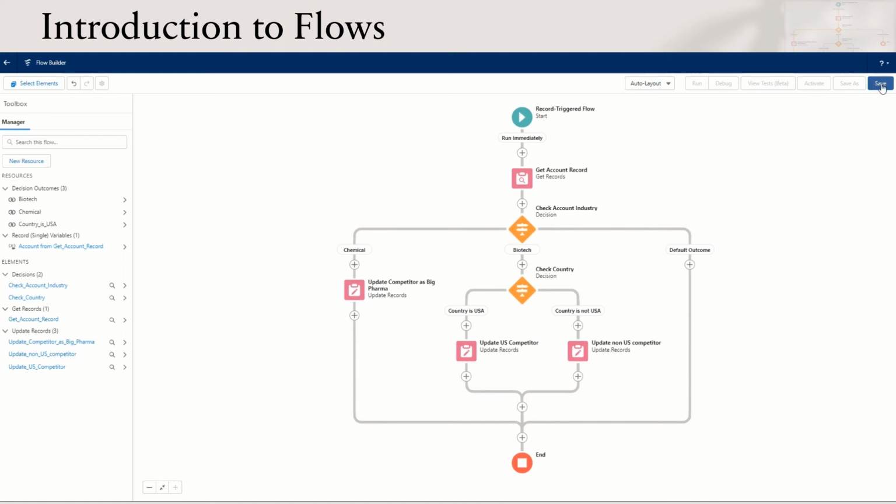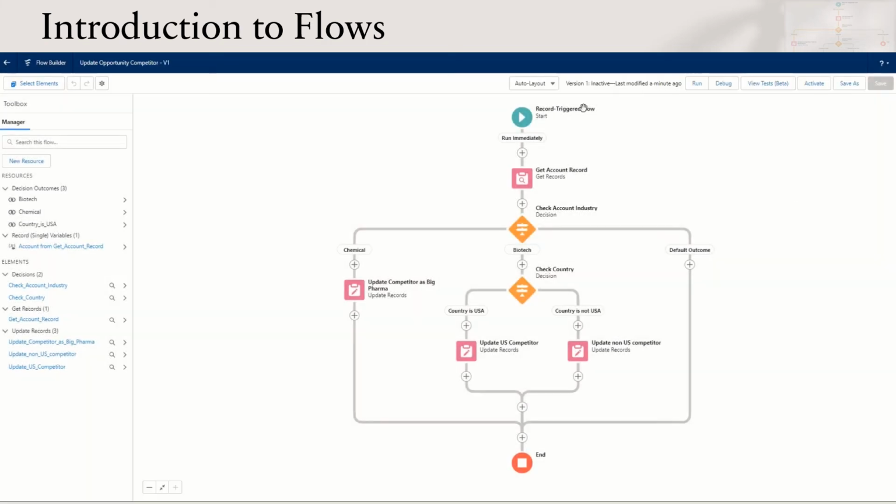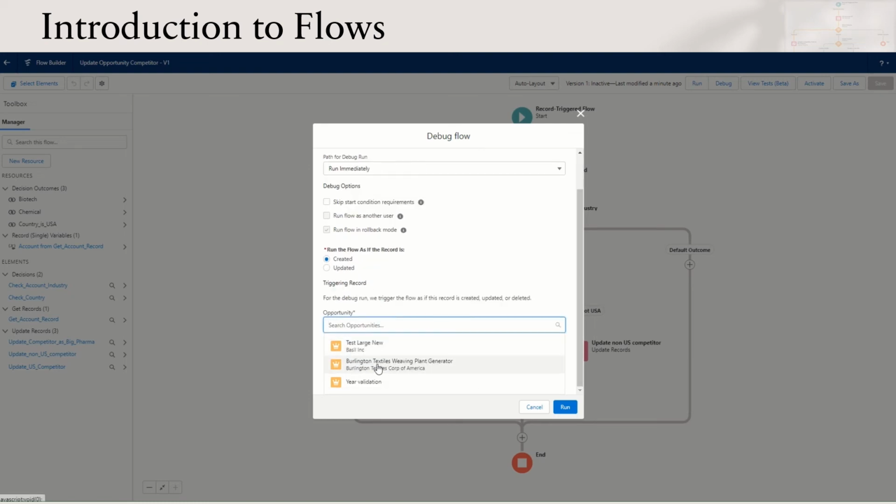anything. So let's save the flow now. Give the flow name, update opportunity competitor, and save it. Now it shows us that version 1 of our flow is saved and it is inactive. Now before activating the flow, let us debug it. Here we can run the flow as if the record is created or updated, and we can select one of